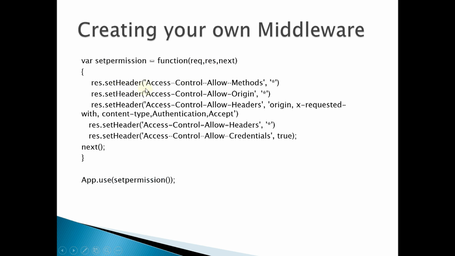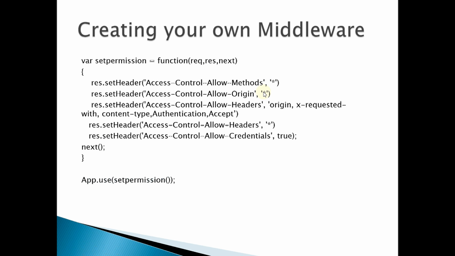Our response.set header Access-Control-Allow-Methods. The star means we are allowing all the methods. We can specify any method if we want to allow a specific method. Origin, same, I am allowing the request from any origin. We can set it by giving the IP